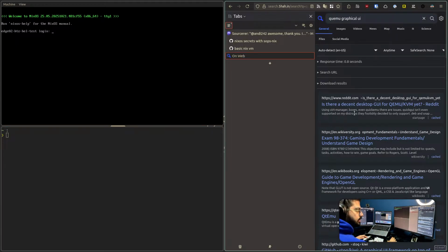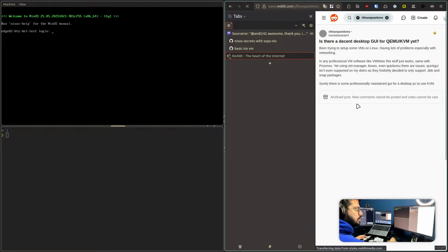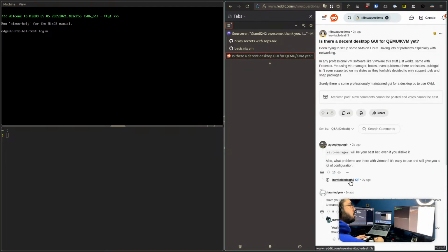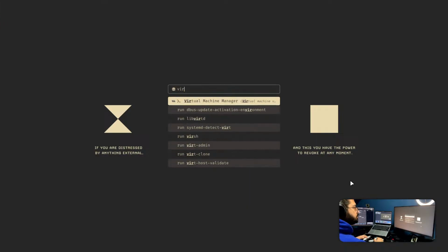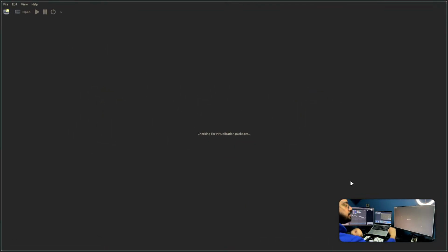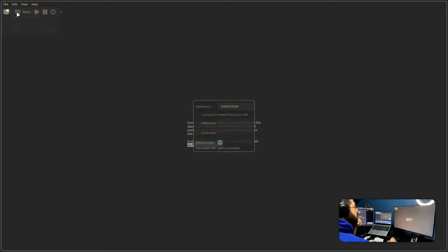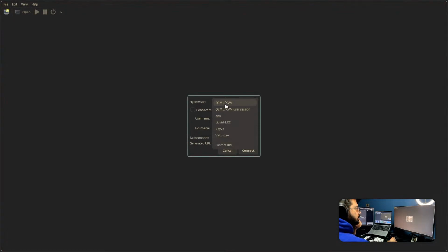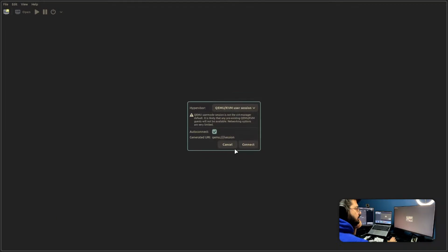I think there was something. Yeah, virt-manager. Could not detect a default hypervisor. Make sure appropriate. QEMU user mode session is not the virt-manager default. It's likely that